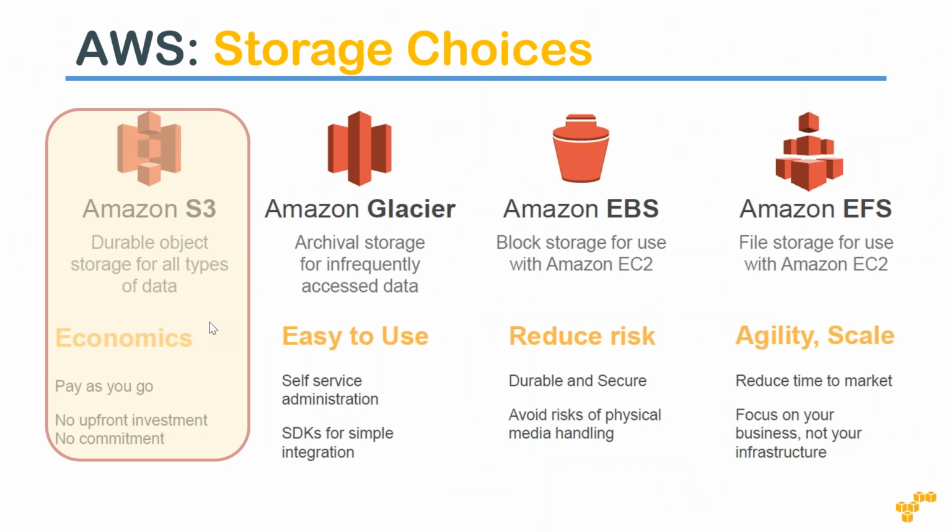And you also have the Glacier storage, which is an archival storage mechanism. And you also have the block storage, which is the elastic block storage, that is EBS volumes here. And finally, you also have the option of elastic file systems, that is similar to your NFS. We will look at them later in the classes, but today we are going to take a deep dive into